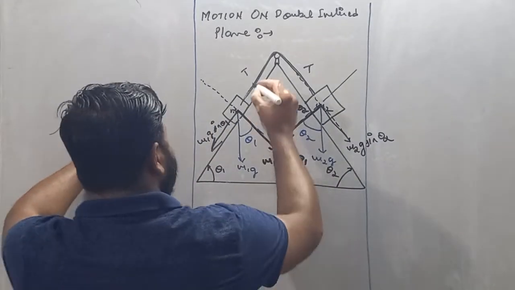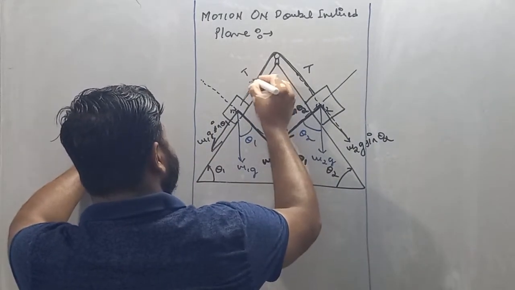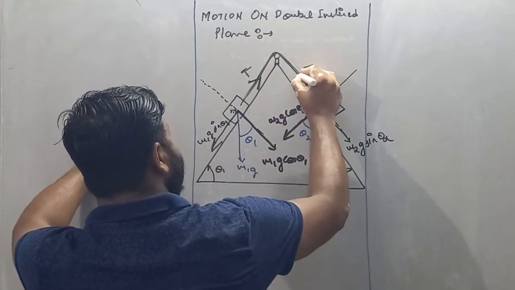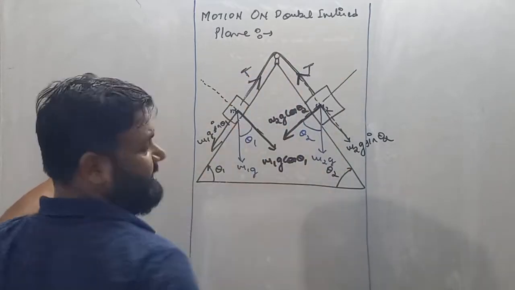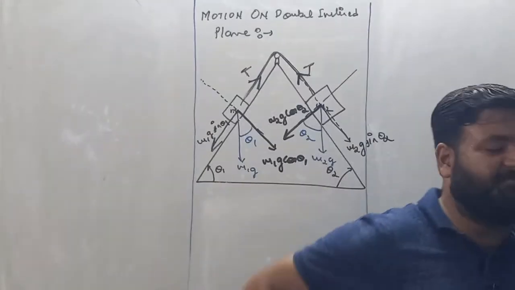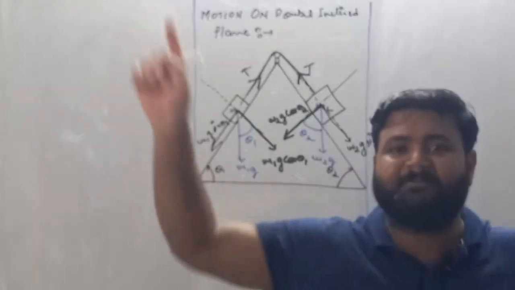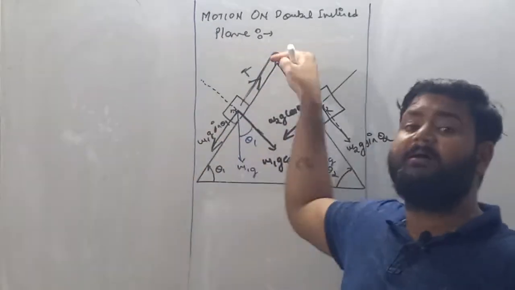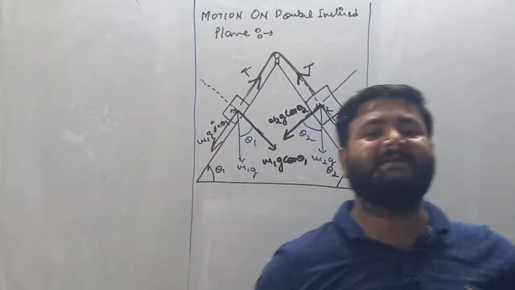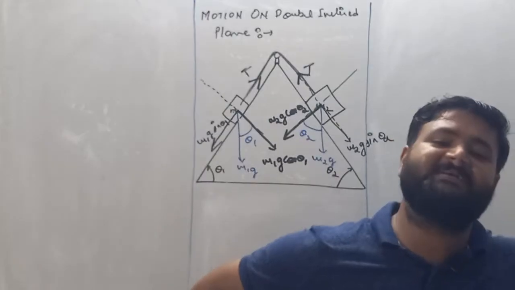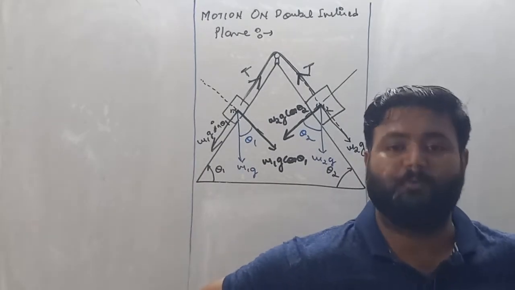So if I make tension in this rope, it must be away from the body, so T, and in this body again it is away from the body, so T. I hope you all understand this. Tension is always a pulling force, and we always make tension away from the body. If I make this direction of tension, then it is considered to be a pushing force. But we know that tension is never a pushing force. Tension, my dear student, is always a pulling force.